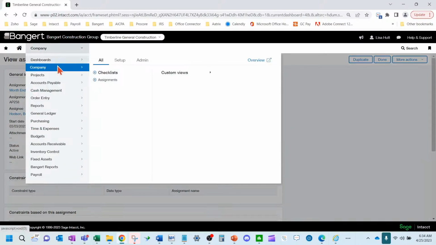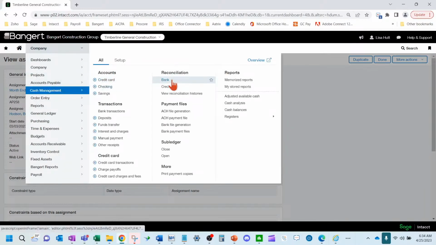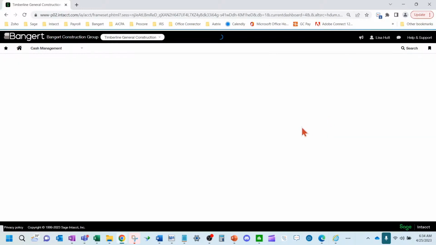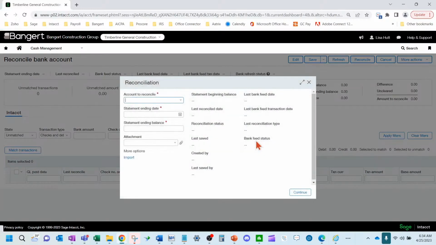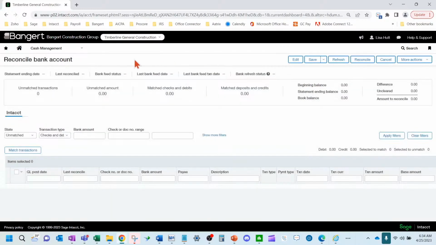There are also attachments on various screens where you can put your bank statement, for example, right here when you're doing the actual bank reconciliation preparation. So if Tammy was the person preparing the bank rec, she would come in here and attach it, and that way when Brett goes to do the actual approval, he has it right there.